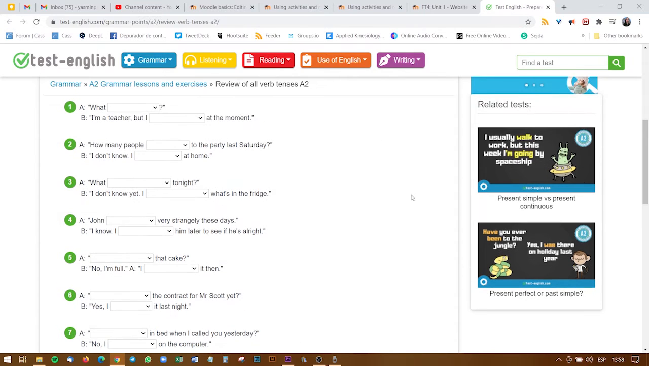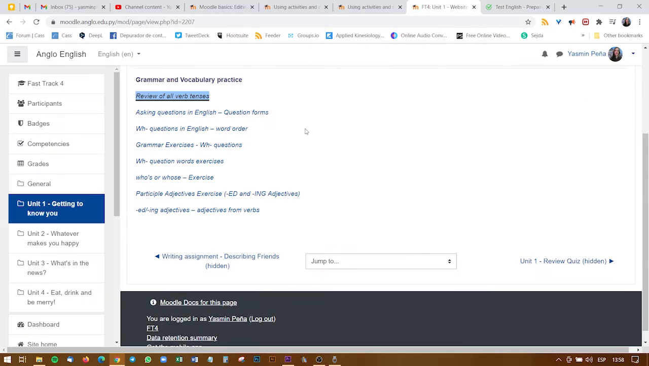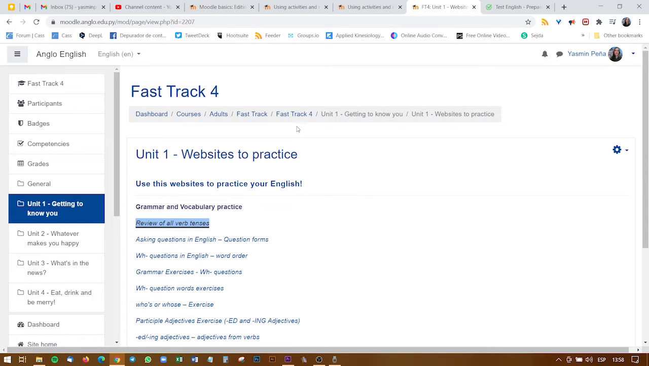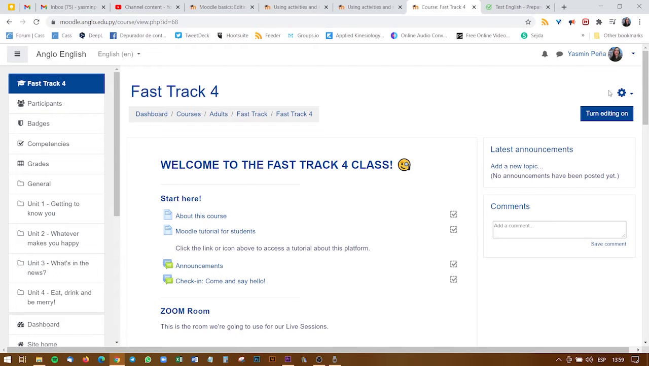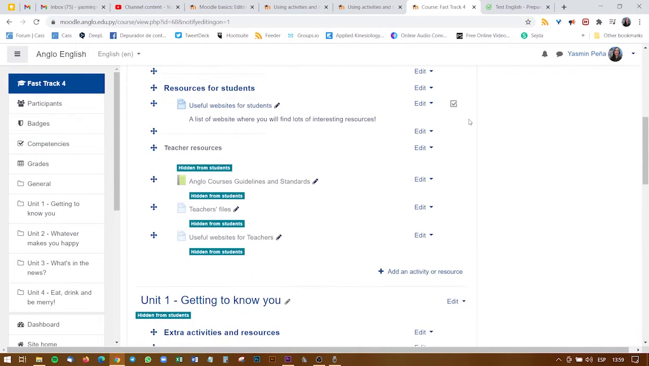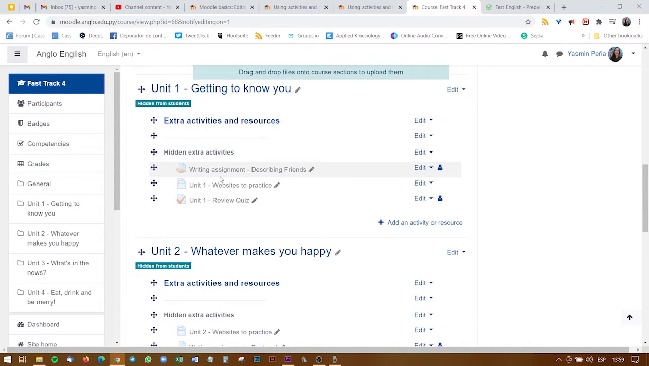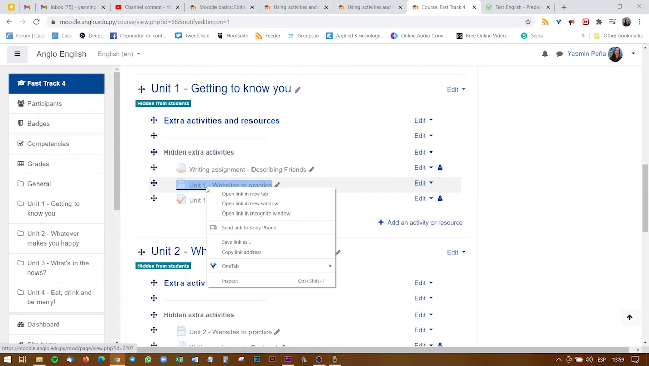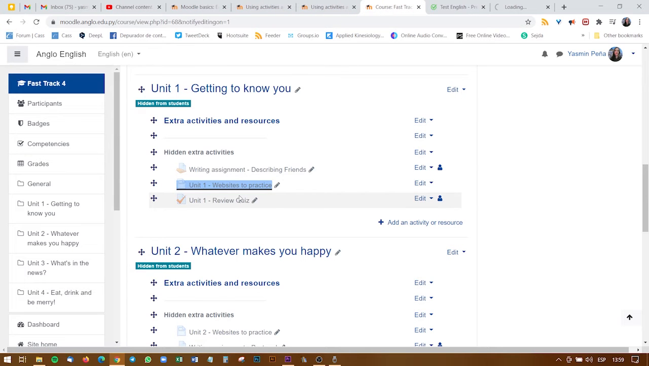So in that case, you can go to your course again. So let's go. We are in the fast track 4. Yes, we click on turn editing on, and you can open this on a different tab. So you right click on it, open link in new tab,